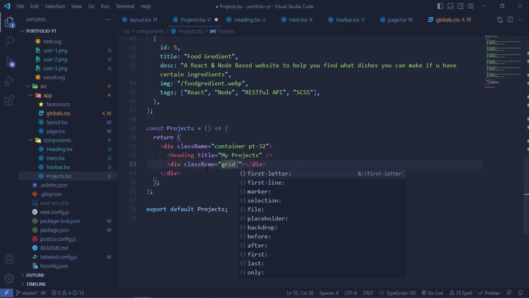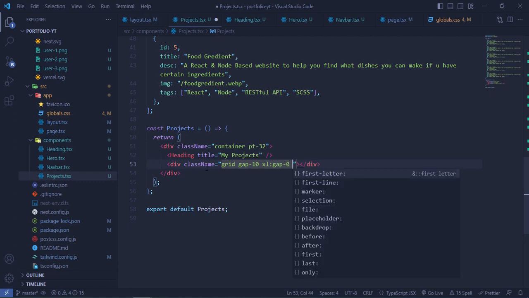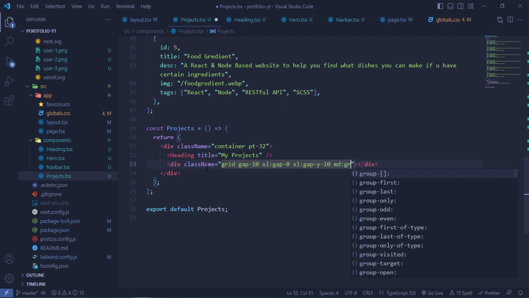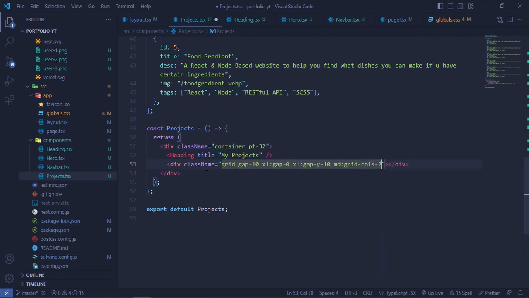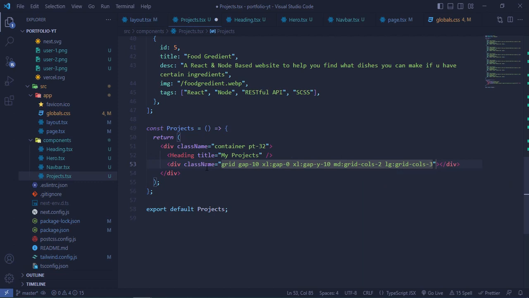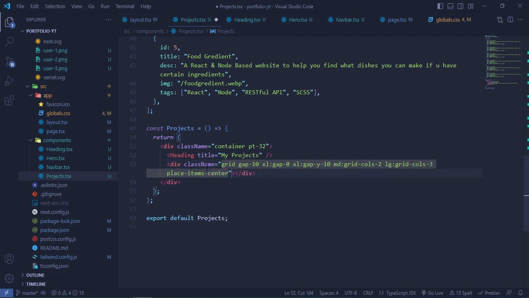Okay, gap of 10 and xl gap-x-0, xl gap-y-10, md grid-cols-2, lg grid-cols-3, and place-items-center. Okay,